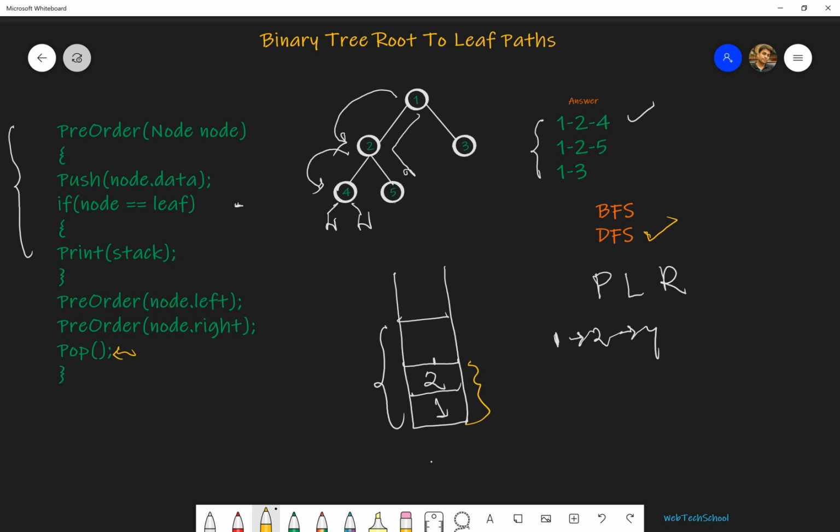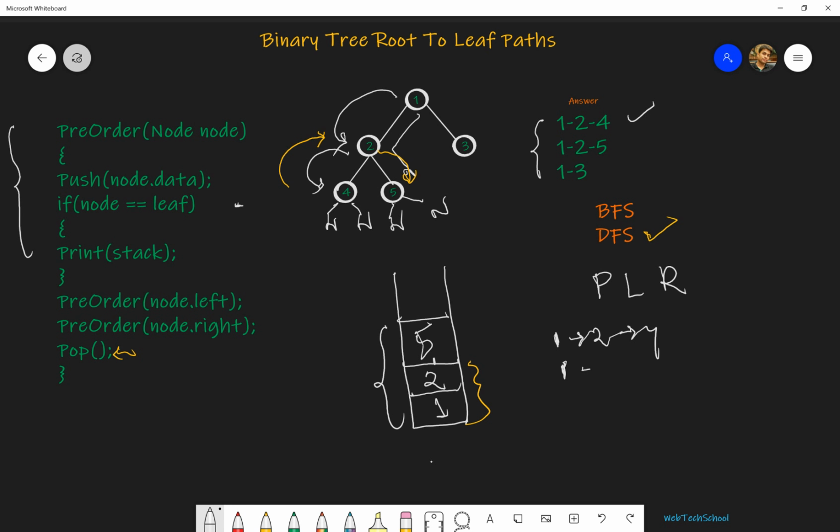Once this execution completes, it will backtrack to node 2, and node 2 will now execute node.right. So we got 5. For 5, we again push it to the stack. Now for node 5, both its left child and right child are null. That means it's a leaf node. So in case of a leaf node, we are printing the stack in reverse order.